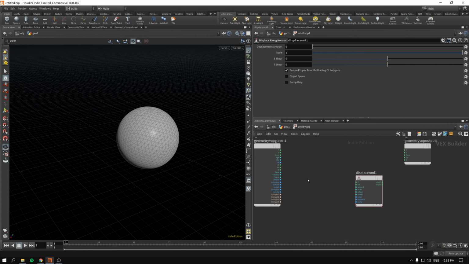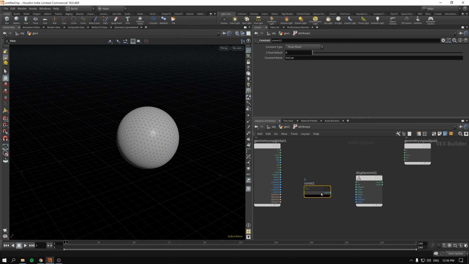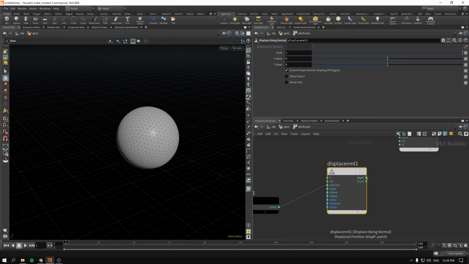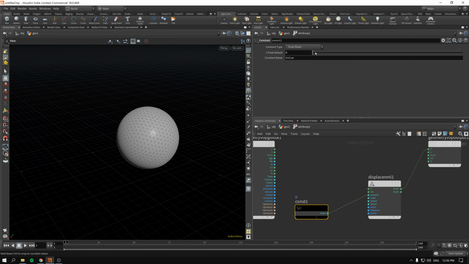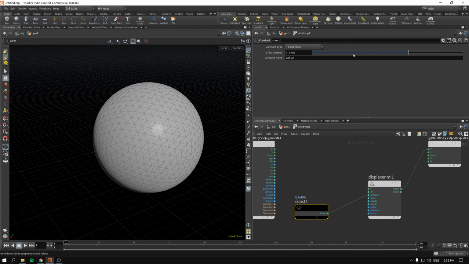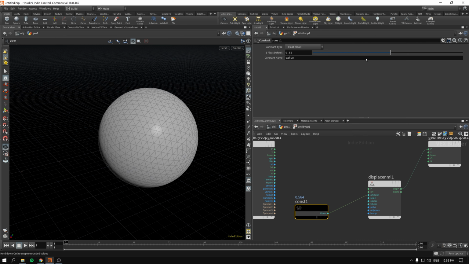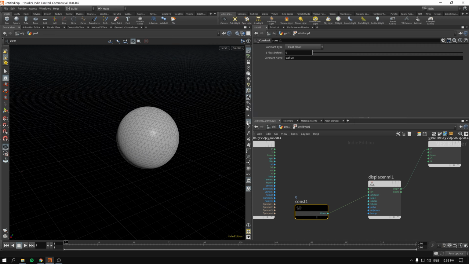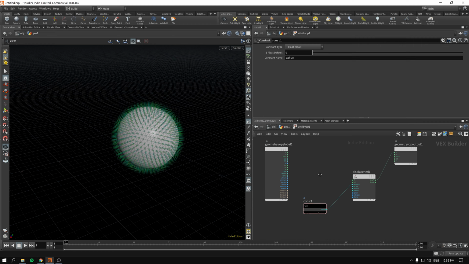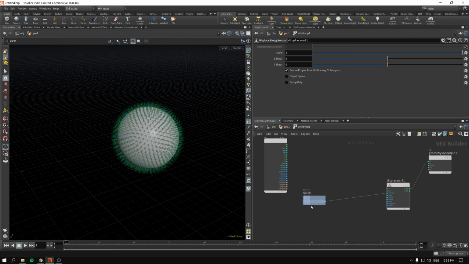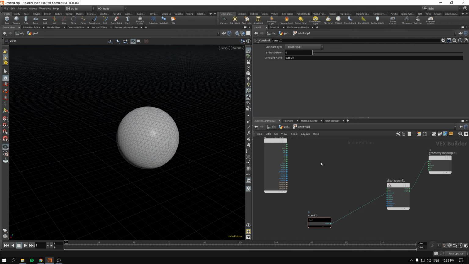If we create a constant, and we copy the constant into the amounts, and we connect the displaced P, as in displaced position, into position, let's see what we got. So essentially what we are doing is we are growing geometry against the normals of said geometry. Simple as that. However, if we add some noise instead of just constant,